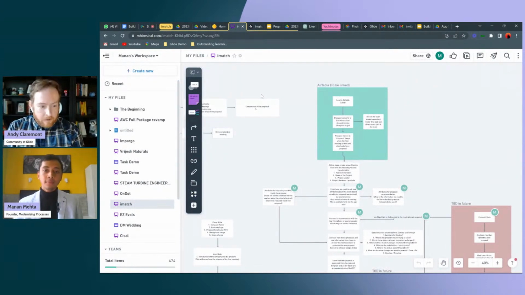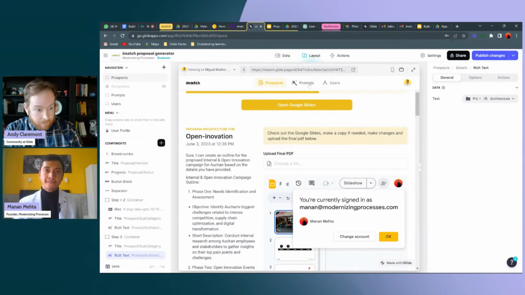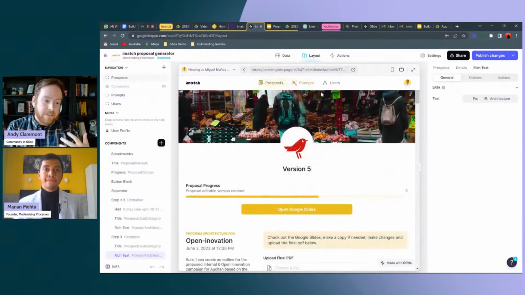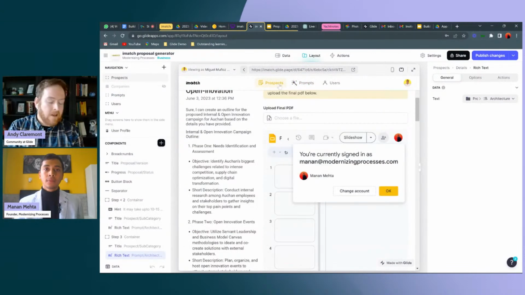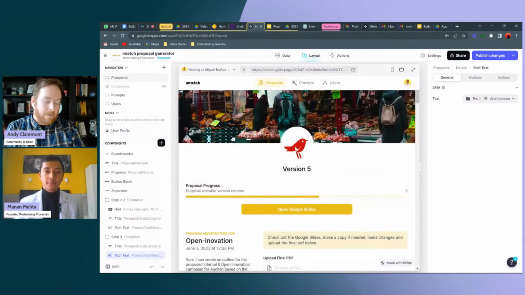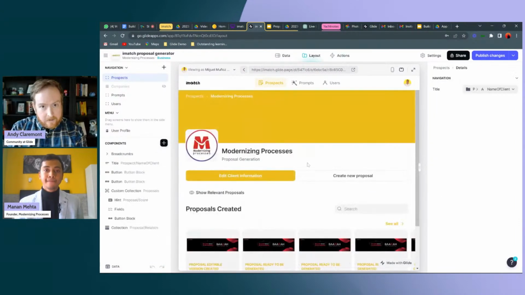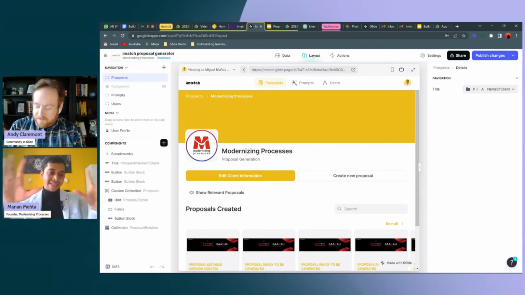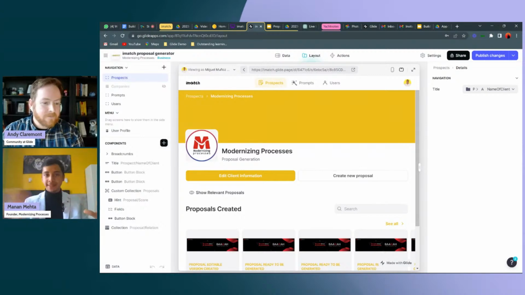Where you are pulling in a little bit of code is when you are taking this information that's already been provided and effectively doing an automated copy and paste. We're going to take this information that exists in the app that we've already generated through Glide, and we're going to put it into Google Slides. But you're doing that with an app script versus having someone sitting there going copy paste into all of the places. Exactly. It's like a template where it's just replacing certain things. That's all. That's great. That's amazing.